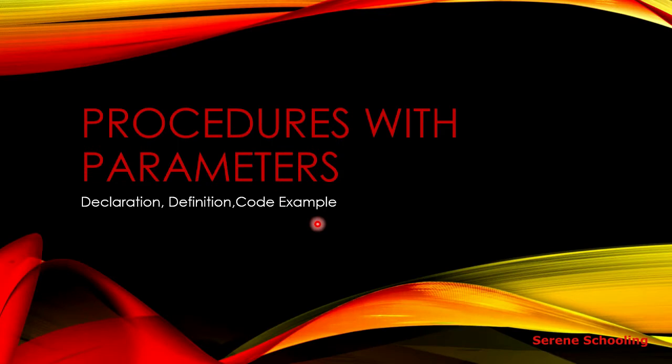So today we are going to start a very important topic in assembly, that is called procedures or functions or methods, right? And we are going to define them using parameters as well. These procedures basically mean that we are going to write our own code for the functions. So these are user defined procedures, and we are going to see how they are declared and defined in the code with the help of an example.